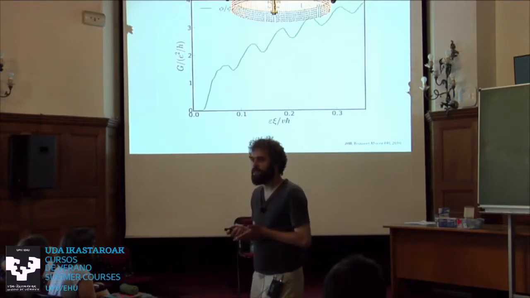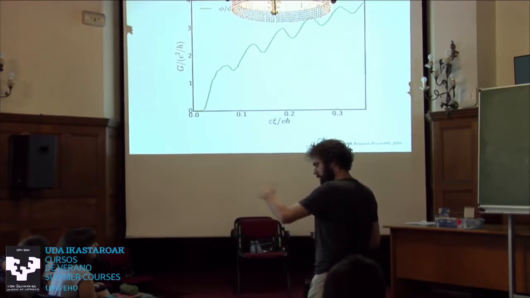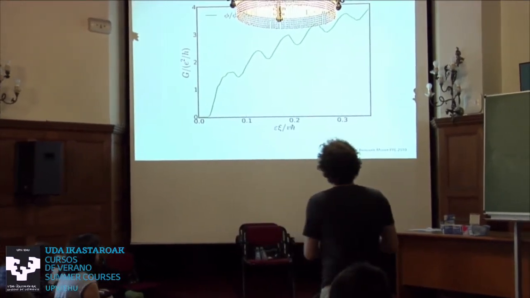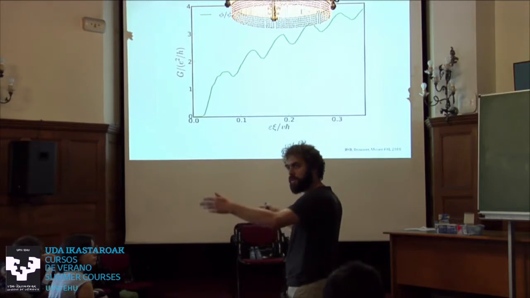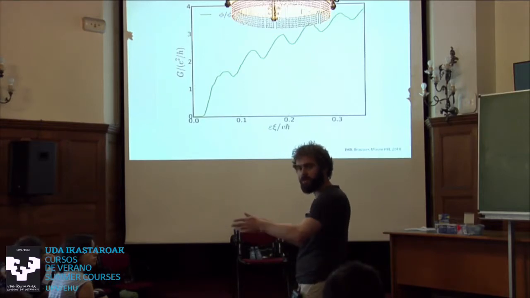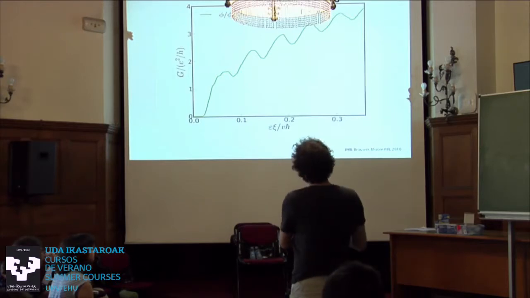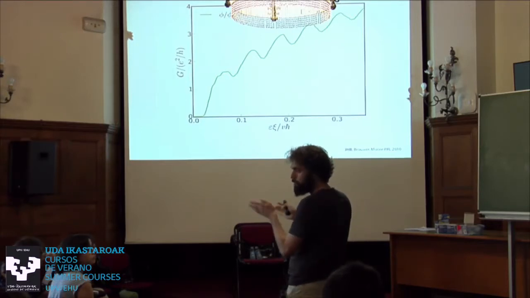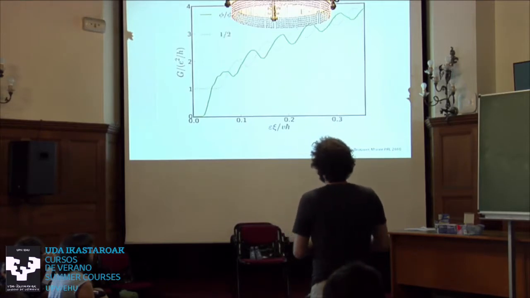It does roughly the same as the number of modes, except it has these dips, which have to do with the density of states. This is for disorder strength delta, which is roughly the broadening of the levels with disorder. If I have an energy level that will broaden by disorder, smaller than the gap between the levels, so the level spacing. Now at